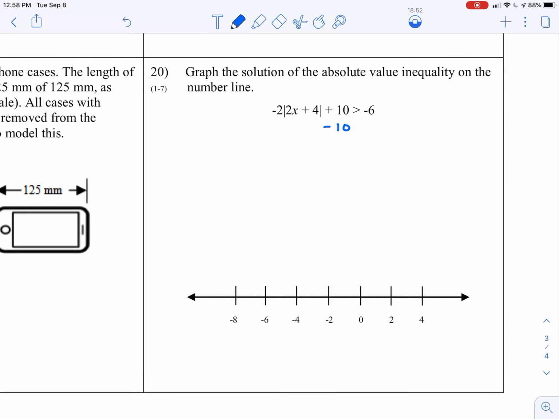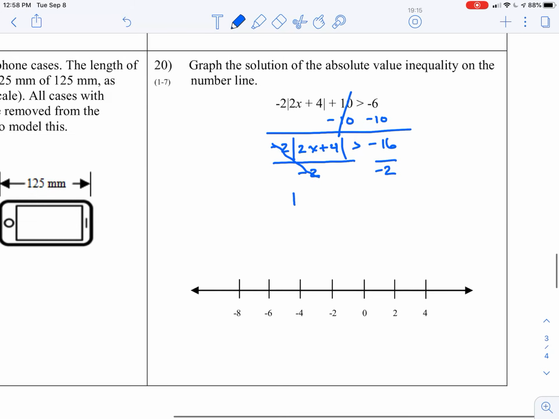The first thing we need to do is subtract 10 from both sides. And always copy down what's left. Do not shortcut this in algebra. You will be sorry. Please make sure you're always copying down your steps. From here, I'm going to divide by a negative 2 because I have a multiplication of negative 2. So to undo the multiplication, I have to divide it. I still have my absolute value of 2x plus 4